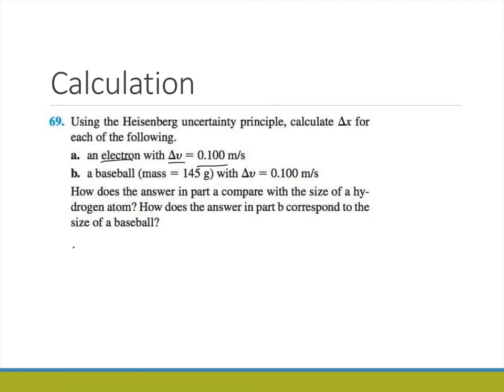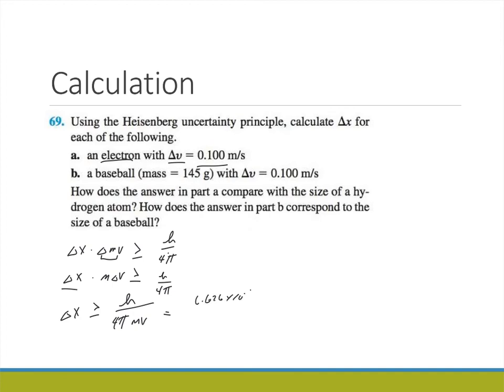Okay? So remember, delta x dot delta mv must be greater than or equal to h over 4 pi. Alright, so since the electron, we know the mass of the electron, there's no uncertainty in the mass, it's really uncertainty in the velocity. I can rewrite this as delta x dot m delta v must be greater than or equal to h over 4 pi. And all I'm going to do is solve for delta x. So this becomes delta x must be greater than or equal to h over 4 pi m delta v. Okay, and this is equal to